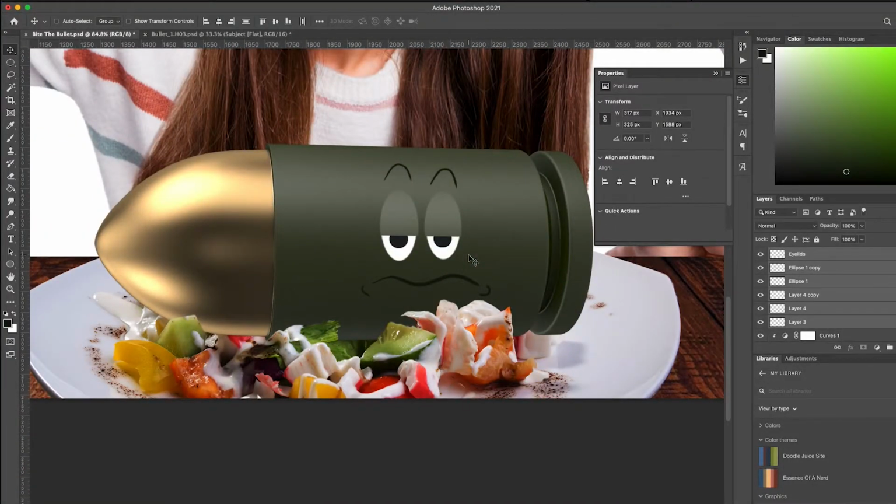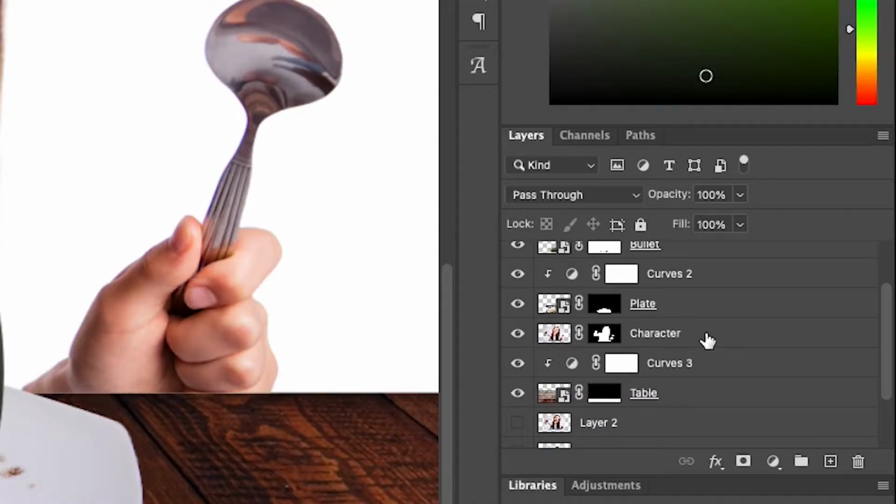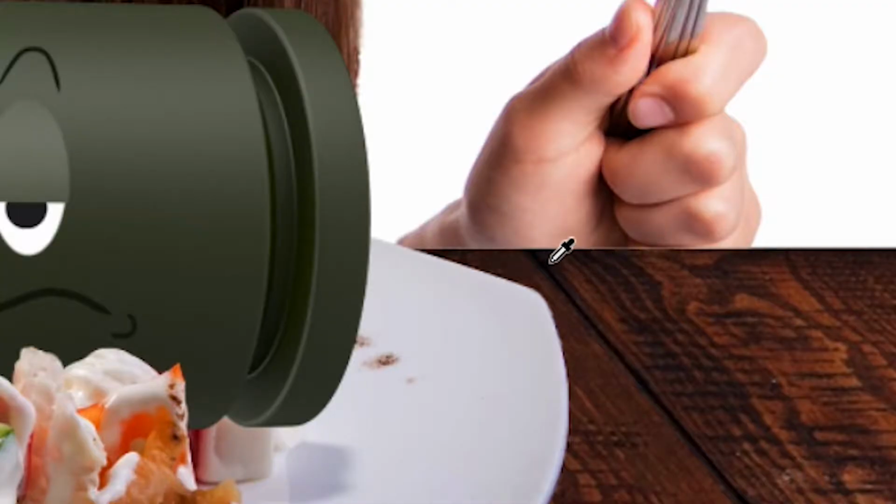Okay, what happens next, Dave? You say. I'm going to work on shadows. So we're going to work our way from the bottom up. So I'm going to start from the table, which is the lowermost surface, and the object sitting directly above it is the plate. So I'm going to sample the darkest area in the table, so the darkest color that currently